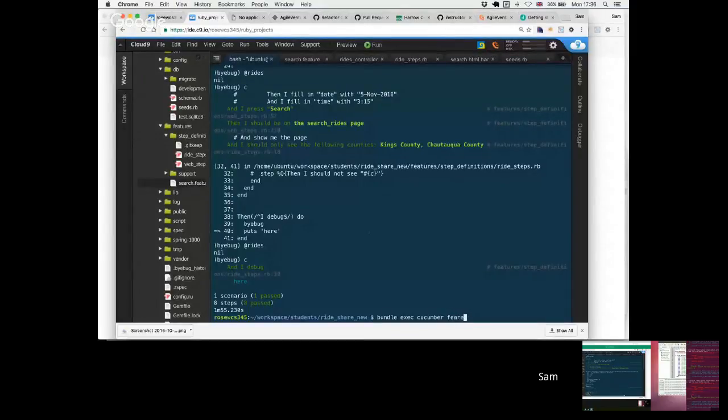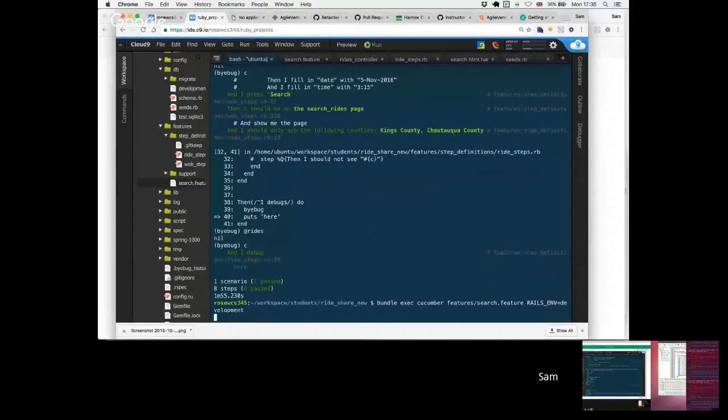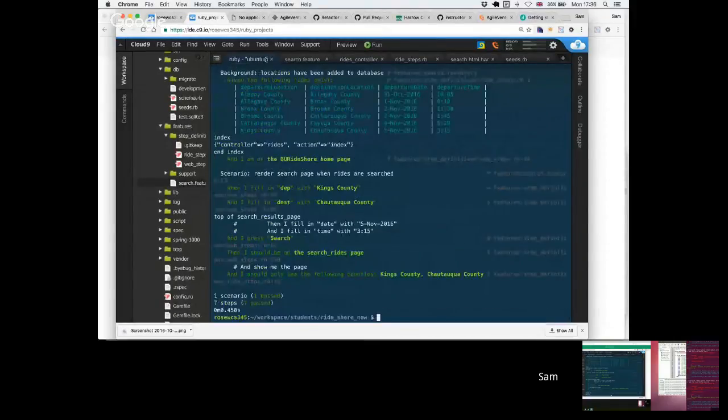I wonder if I could just quickly run it. It may just completely break. I'm just interested in the search feature, and if I can do that in Rails env equals development, even if it does work. I wonder if it would put it in there. It probably wouldn't really, because it'll even clean the database afterwards. It would be nice if I could dump that into the database,